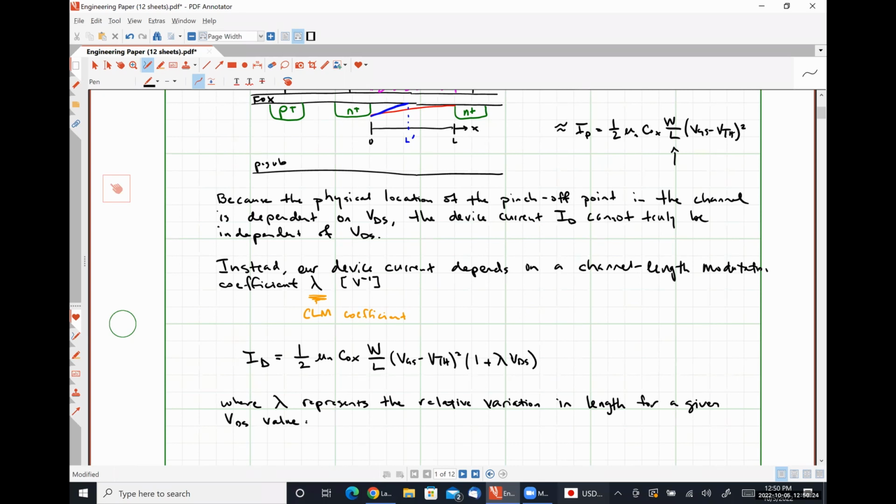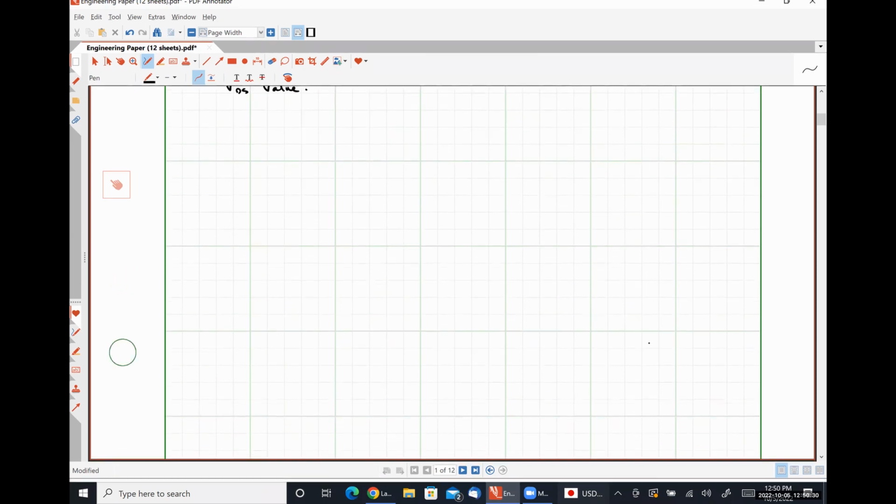Small signal model note. No, it doesn't matter. I can draw it from memory. All right, so